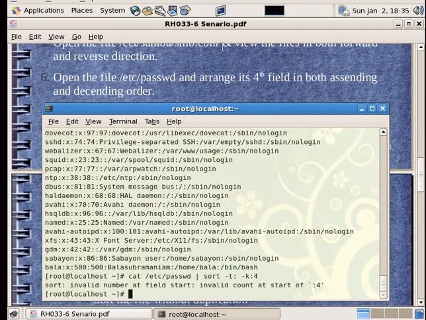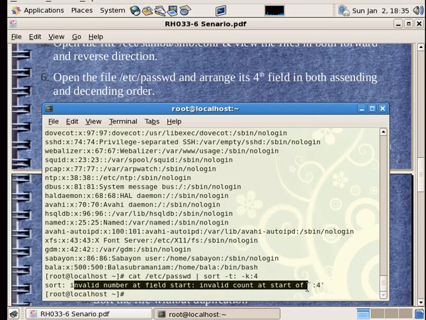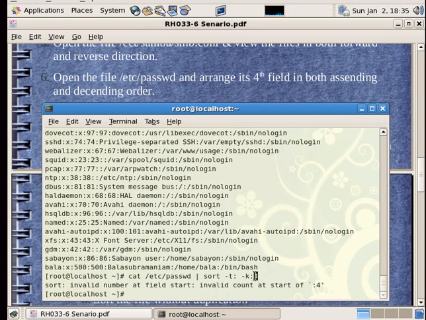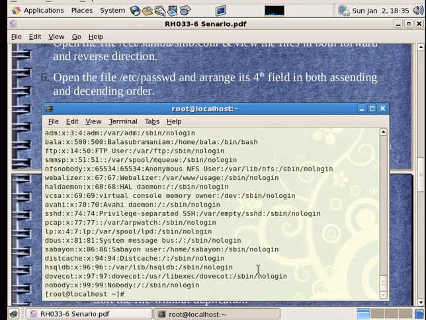Enter. So here you could see the fourth one is actually arranged 97, 74, 67, 23. That's strange. Oh, it's telling sort: invalid number at field start, invalid count at start of '4'. Why is that so? Because I should not have given colon 4. I should have just given it as 4. Enter. So now you could see